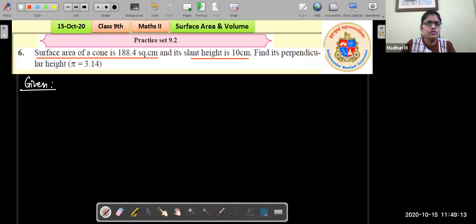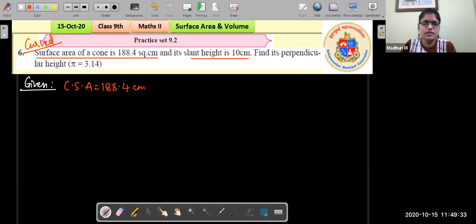We are given the surface area. Now remember, whenever it's just surface area, in this question actually it is curved surface area. For this question it is curved surface area. This has to be mentioned, so it will be mentioned in exam. Curved surface area is given. So CSA is equal to